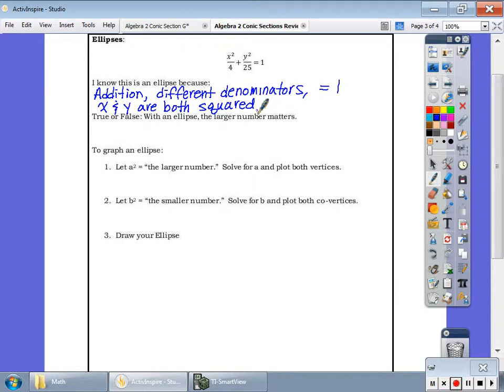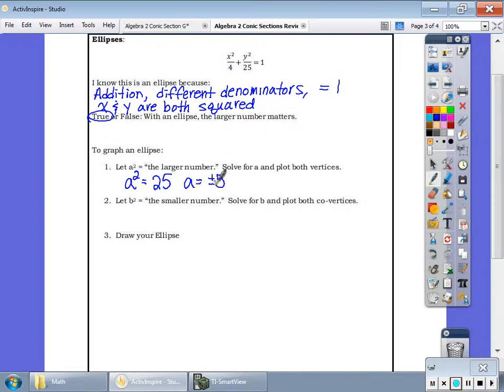True or false with an ellipse? The larger number matters. True. Very true. Your larger number determines the length of your major axis there. So to graph an ellipse, we're going to let a squared equal the larger number. So a squared in this case is equal to 25. So a is equal to